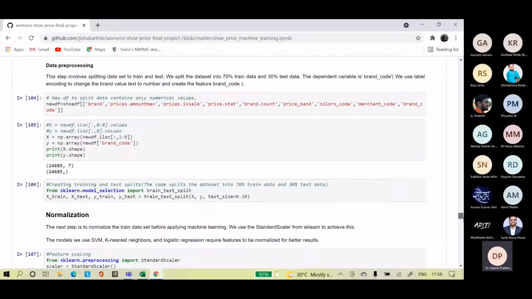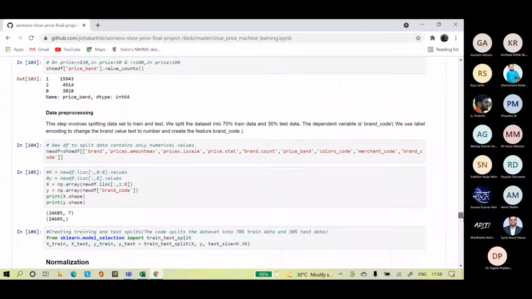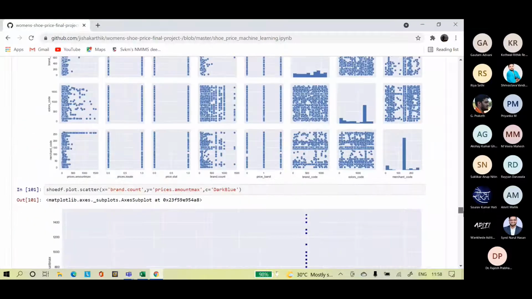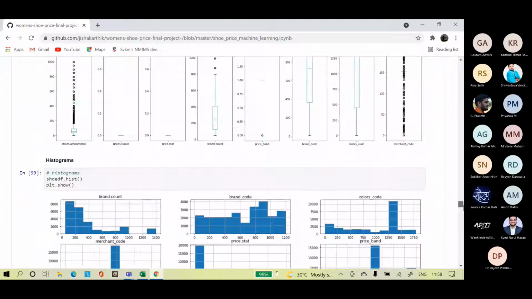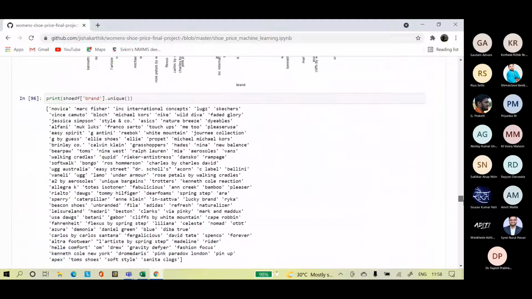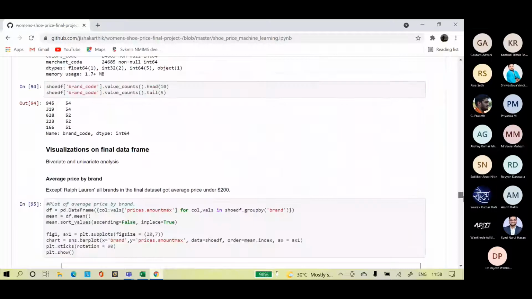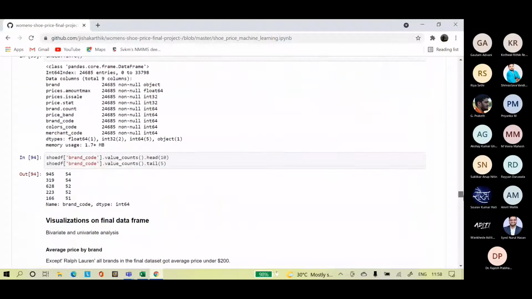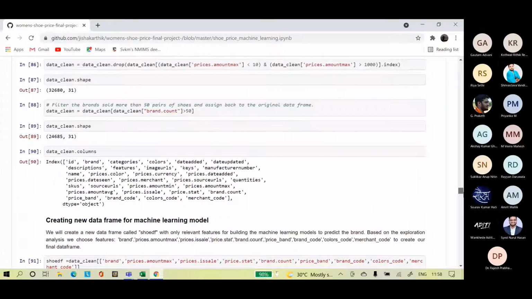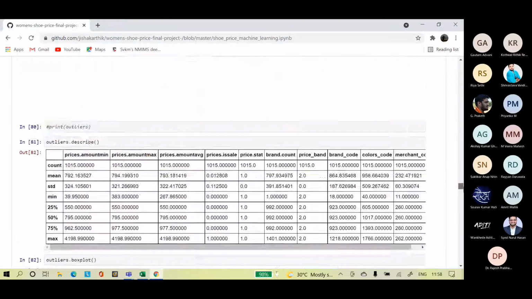Brand code, color code, merchant code. Okay.